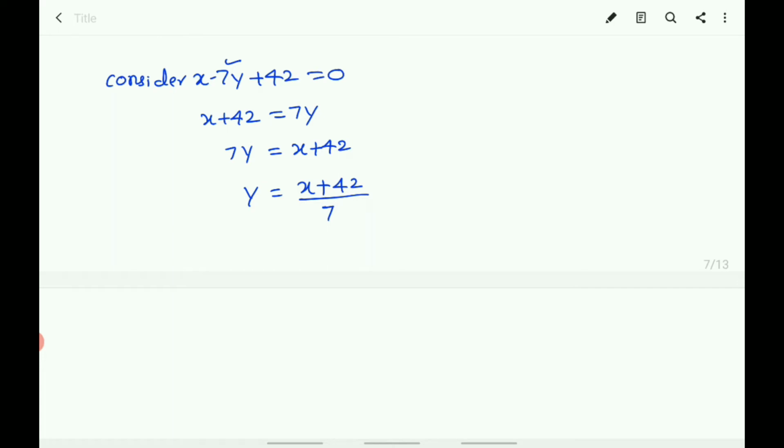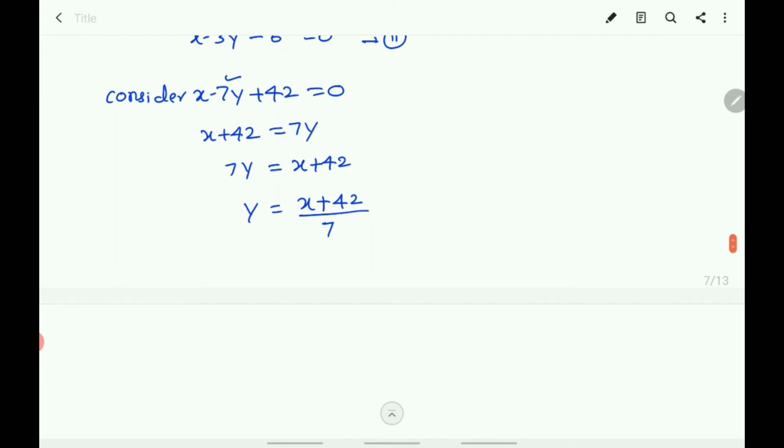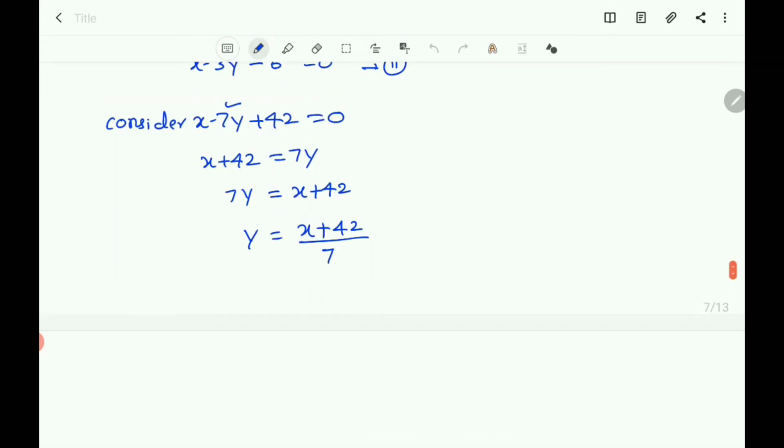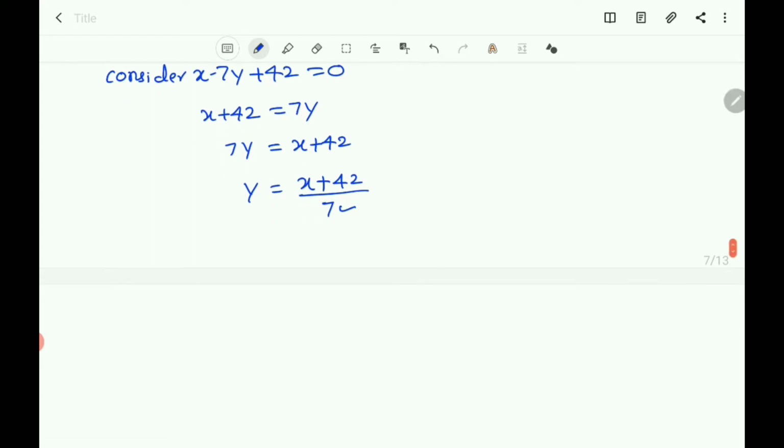Now here you know that in the denominator there is 7, so the numerator must be divisible by 7. You take the value for x that way only. Here 42 is divisible by 7, so you take either x equals 0, or 7, or 14, like this way. You take the multiples of 7 here. So you take when